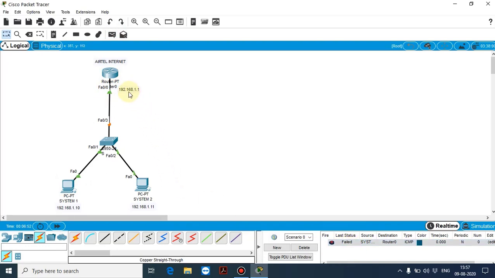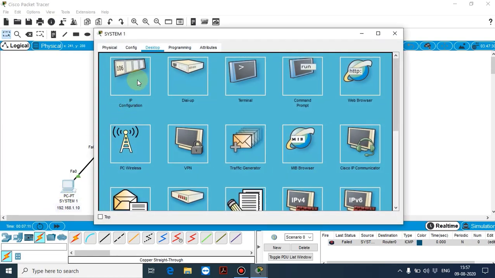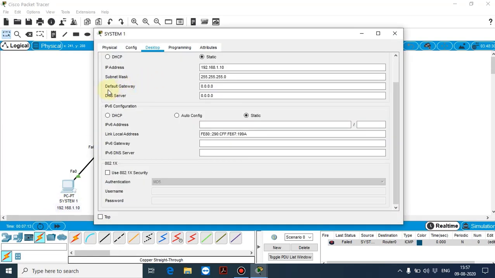Initially we have defined a router, so this is the main gateway point of your internet connection. So you need to configure the gateway for two PCs. How to configure the gateway for these PCs? Again you need to open the PC, click on that, go to IP configuration. On the desktop you will see a default gateway. So here you have to type